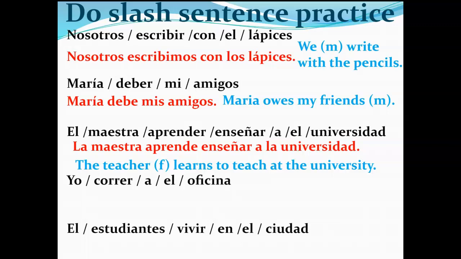All right, do the next two, and again, pause in between. Yo stays the same, oficina stays the same. So yo corro a la oficina. I run